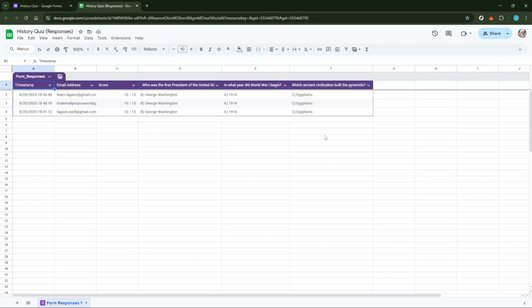Once you've decided how you'd like to proceed, finalize your choice by clicking the Create button if you're establishing a new spreadsheet, or Select if you're linking to an existing one. And there you have it. Your Google Form is now connected to Google Sheets, meaning each response collected will automatically be logged into the spreadsheet